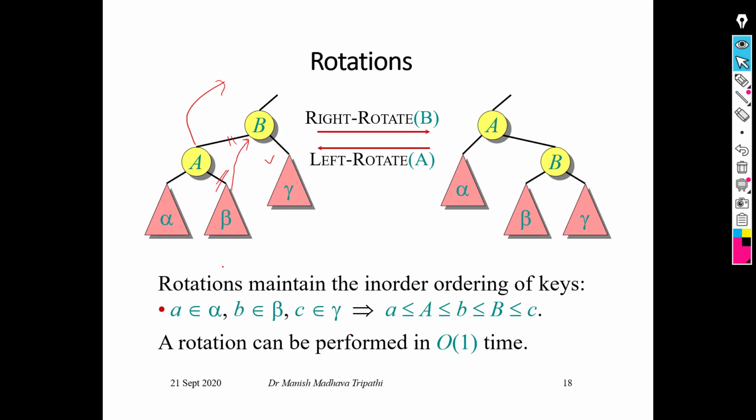So in this case we can see that A became the parent of B as well as alpha, because this bond was broken, and at this place beta will be shifted here. So beta has been shifted from the left hand side of B, and gamma is on the right hand side. This can be very easily understood if we draw